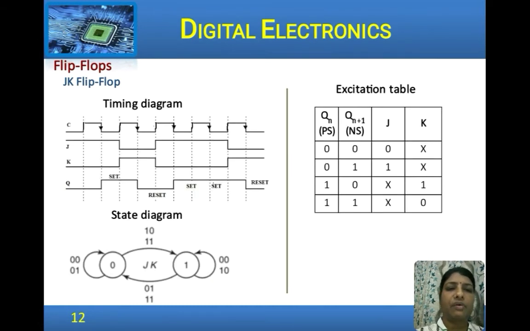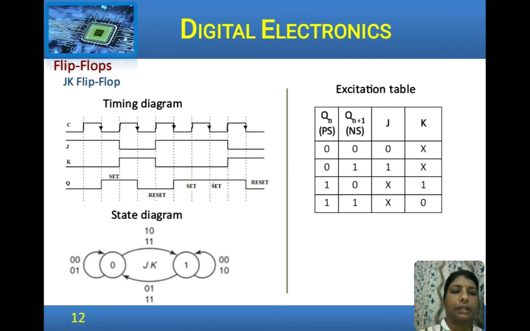And the timing diagram for a JK flip flop, considering negative edge triggering over here, negative edges are all indicated. Similarly, if it is a positive edge triggered flip flop, we should consider the positive edges. At the negative edge, if the input is 1 and 0, the output goes to 1. If J is 0 and K is 1, the output goes to 0, and so on. At this point, when J is 1 and K is 0, the output is high, it becomes 1.